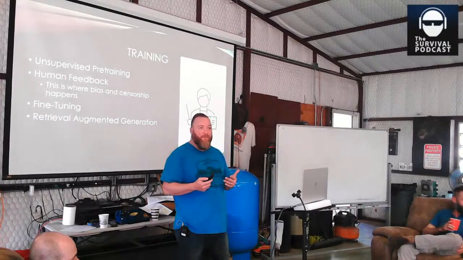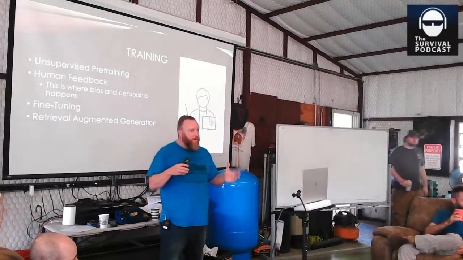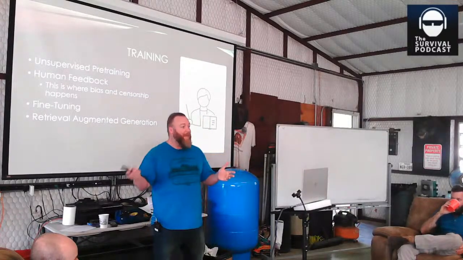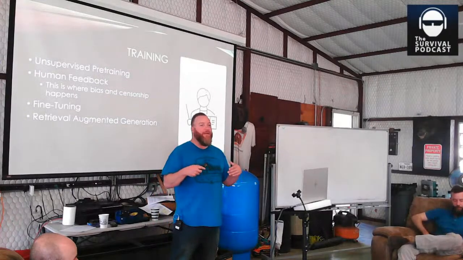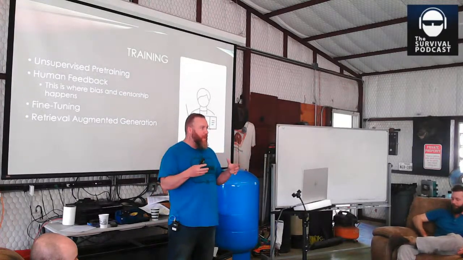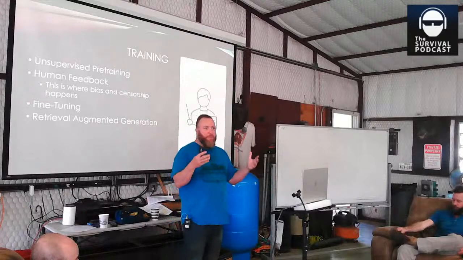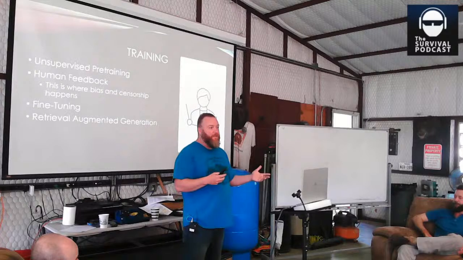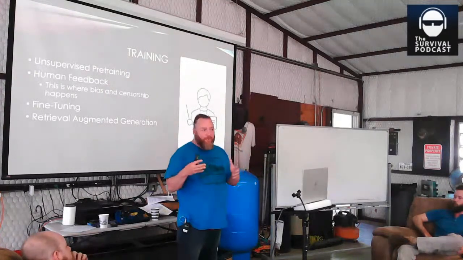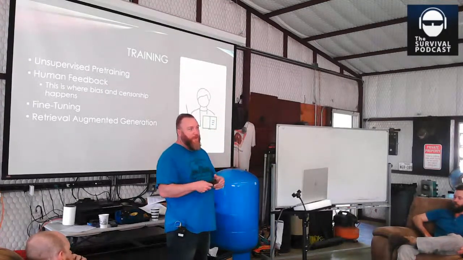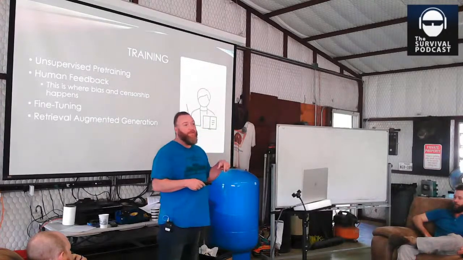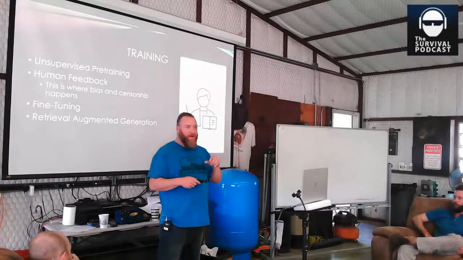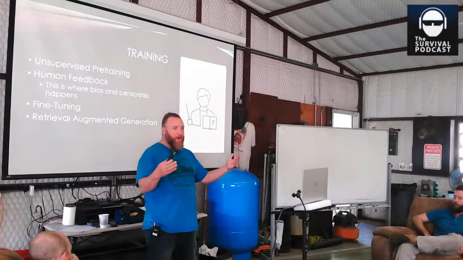And then the next thing you have is called fine-tuning. This is when you take a model that's already been pre-trained, it's already had that human feedback loop so that it's not telling you what a cat is when you ask it what a dog is. Then you take a very specific data set and fine-tune it so that it becomes a super expert on that. For example, there are some medical chatbots out there that are fine-tuned on medical data, and that's their specific use case. Right now, today, LLMs can predict cancer more accurately than the best oncologists in the world using a patient's chart and data.